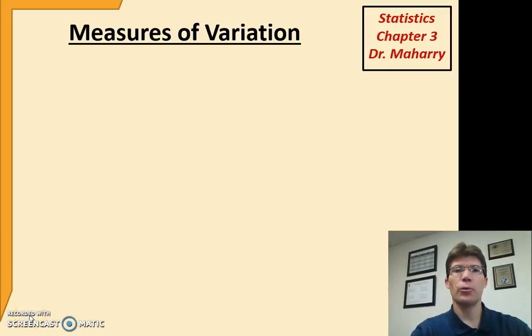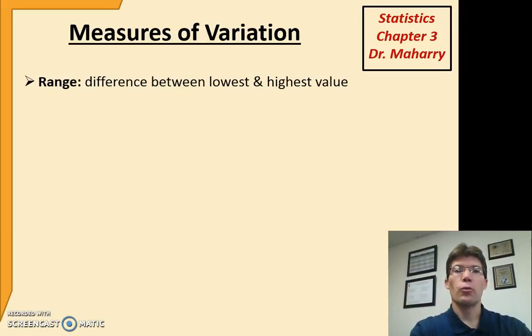In this video, we will look at measures of variation. There are several measures of variation in section 3.2 of your textbook, and we will look at each of them and do some examples. So the range is the first one, and it is the easiest to compute. You simply take the difference between the highest score and lowest score, the biggest number and smallest number in a